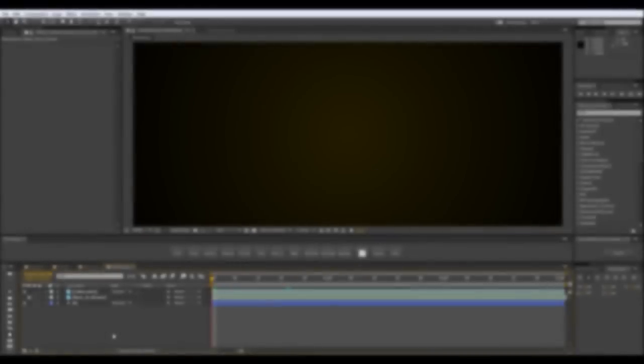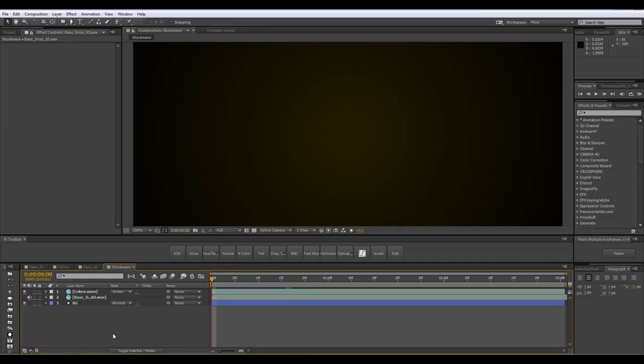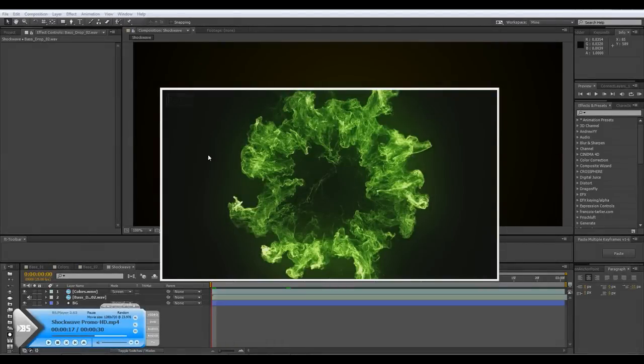In today's tutorial we are going to look at how to recreate the shockwaves which Andrew Kramer created. He actually made his own tutorial about this subject and he used fractal noise in his tutorial. But today we are going to use a different method. We are going to use a third-party plugin, Particular from the Trapcode suite created by Red Giant. So as you can see, he created some really awesome shockwaves,